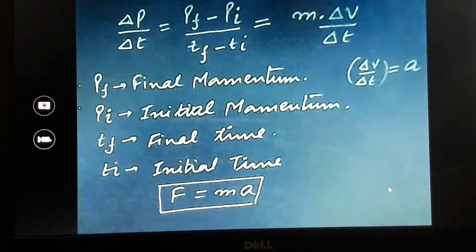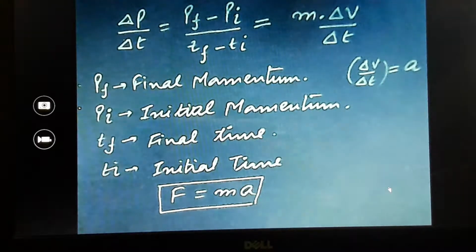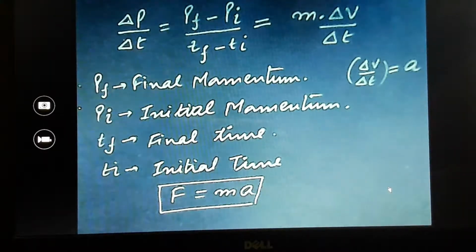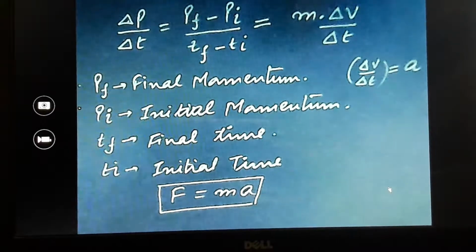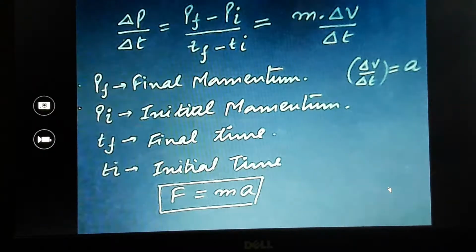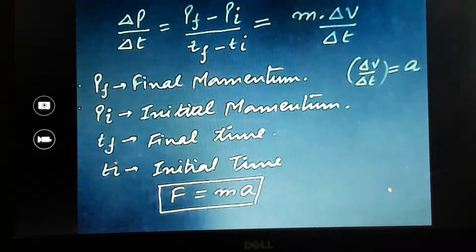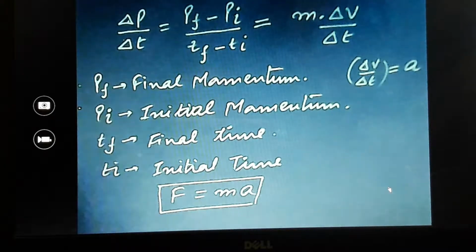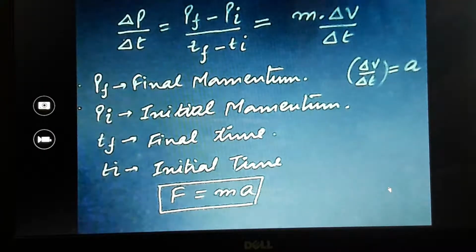Like while catching a ball, the cricketer withdraws his hand along with the ball. Right? Why? Because let's say if the velocity of the ball is very high, obviously. So if you just directly catch a ball without moving your hand or without withdrawing your hand, it will hurt a lot, right? But if you move your hand in the direction of the ball itself, you won't get much injury, right? I hope you have experienced it.